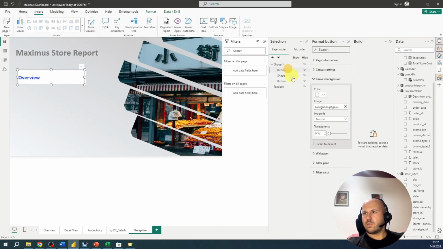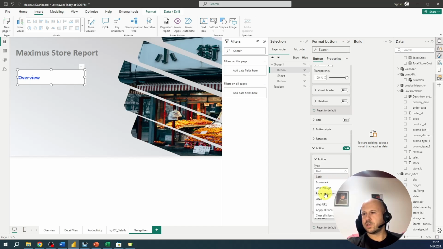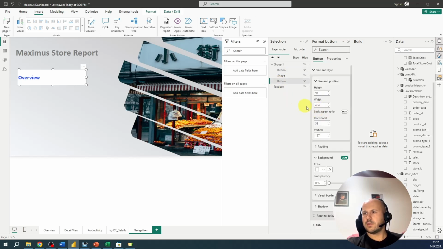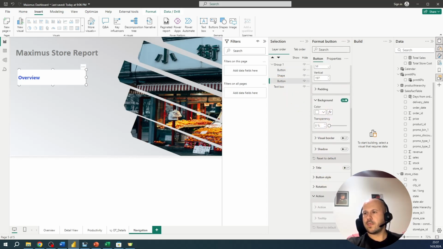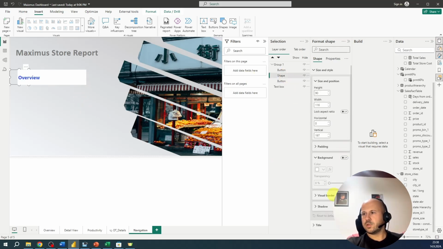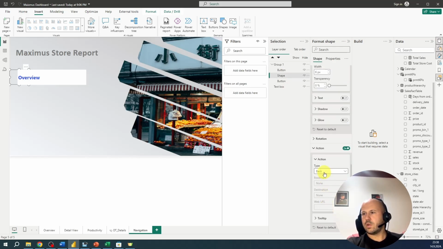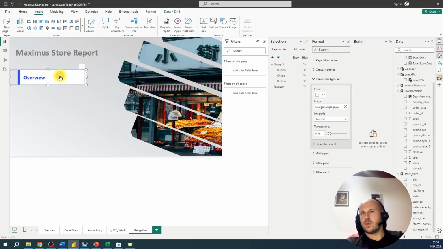Okay, in this group 1, let's set action to page navigation. It will take us to the overview page, button the same action, also page navigation, destination overview page. Let me check for shape, action also on page navigation, overview page. Okay,